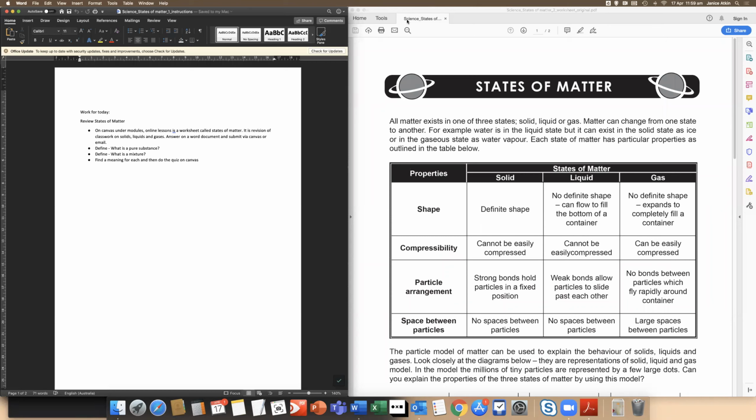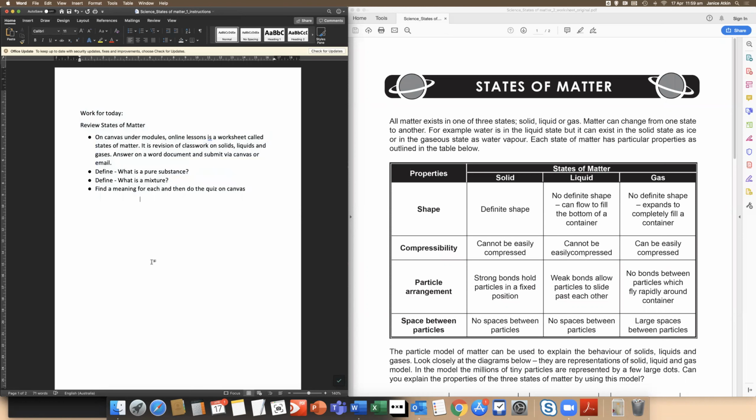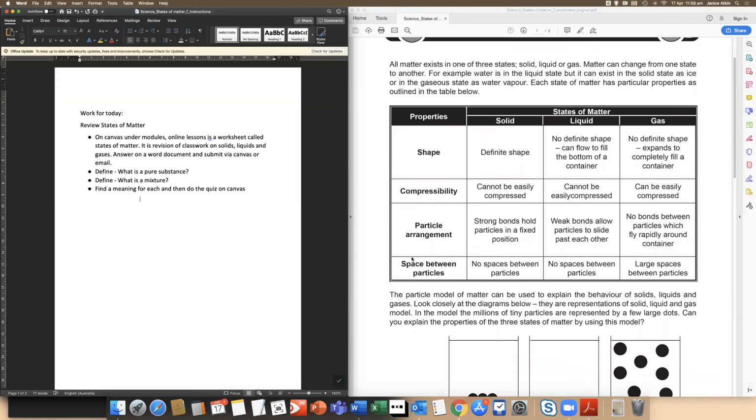Okay, so this example here is a Year 7 science lesson that was created for learning from home. One of the things for us to look at is the instructions the students have been given alongside a PDF worksheet. The instruction is that the worksheet is revision on solids, liquids, and gases, and the students have been asked to